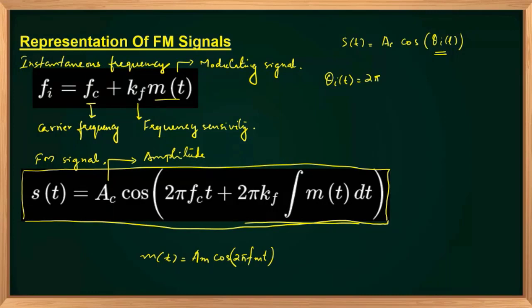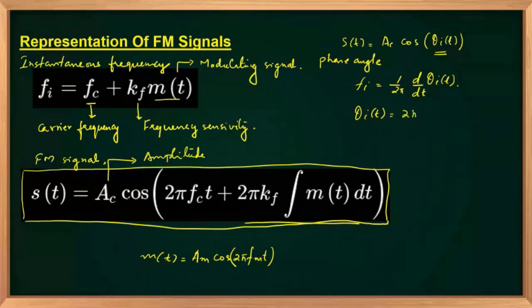Actually, phase and frequency are related. What is this quantity? Theta i of t is the phase angle. Phase angle will be obtained from frequency by integrating frequency, because frequency is the derivative of phase angle. That is, the relationship is: instantaneous frequency equals 1 by 2 pi into the derivative of theta i of t. That means theta i of t equals 2 pi into the integral of fi